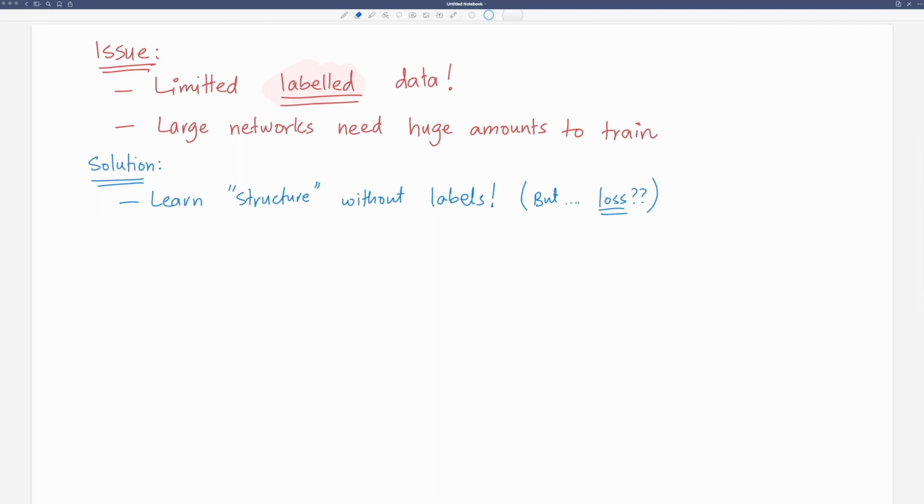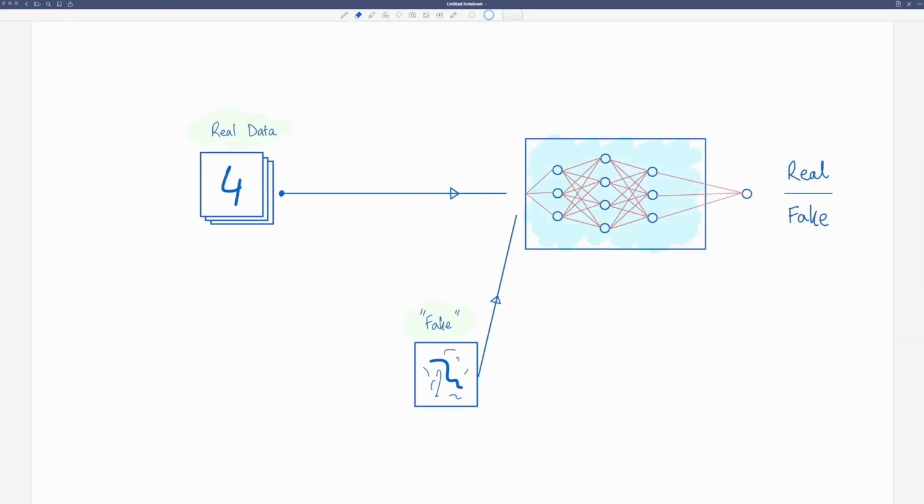So here's what we're going to do. We are going to set up a pipeline in a very specific manner, and that is what the generative adversarial network is going to be. So let's start off with an example, and we'll try to explain visually what this generative adversarial network, or GAN, is. So here's the typical example given for the explanation of GANs.